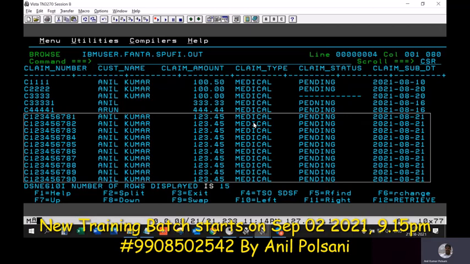Your answer is right, but the answer is in English actually. We want the answer to be in DB2 language. So if somebody asks me what is a commit, I would say that the changes will be saved on a DB2 table. Do you understand?